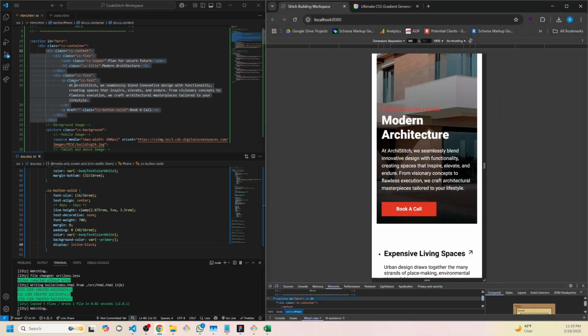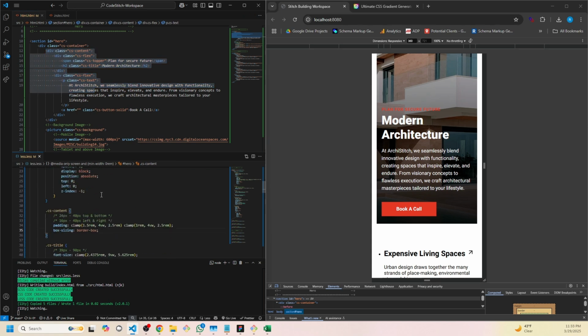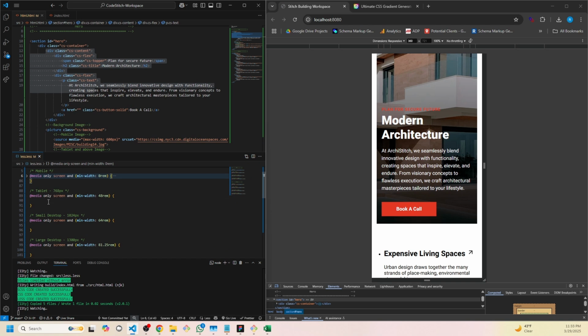So that is going to be on the CS content. I'm going to scroll up here and I'm going to say display flex. I want flex direction to be column, which is up and down. And nothing's going to change, which it's not supposed to because it's basically that orientation already. It's just we're setting this up so that when I go to tablet